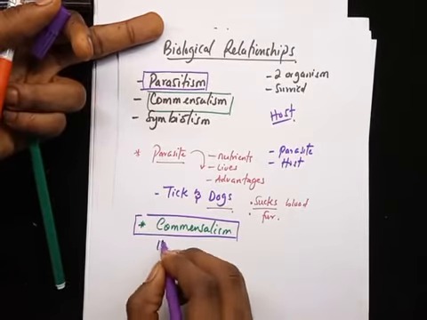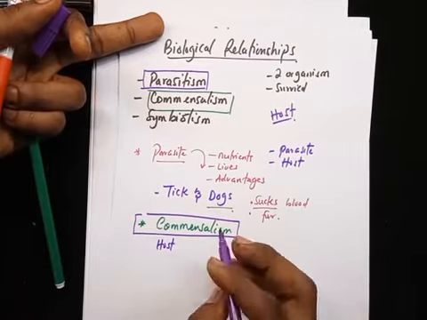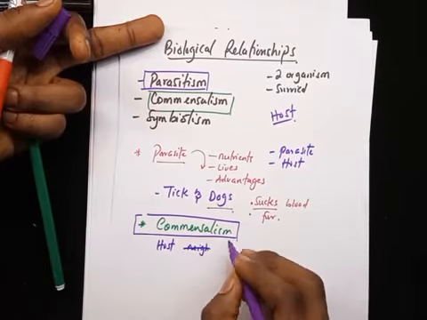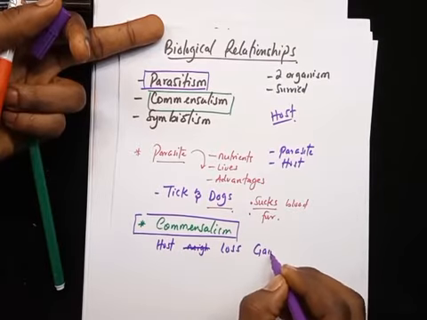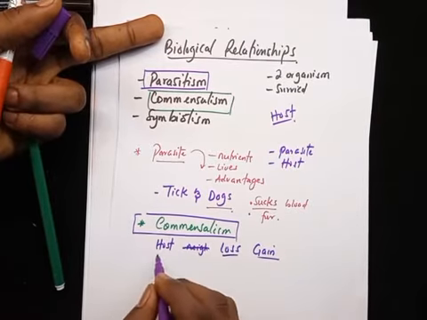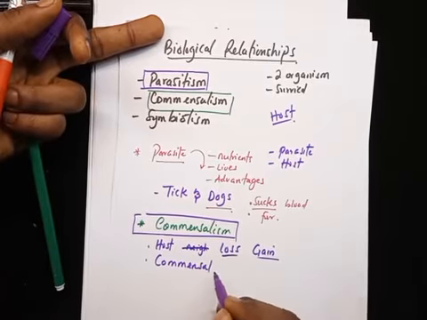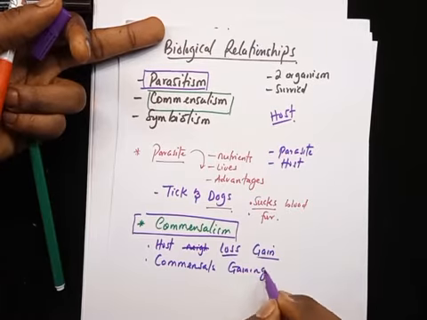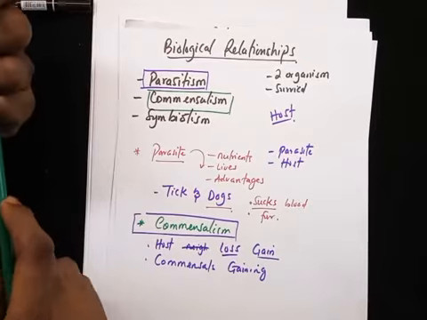Now, in commensalism, there's a host. All right? This host is neither losing. It doesn't lose and it doesn't gain. All right, so no loss, no gain by the host. But the commensal, the other guy that's living on the host, is gaining. All right, so it's gaining something. Now, a very good example of commensals